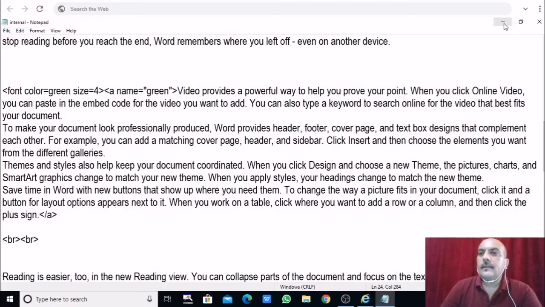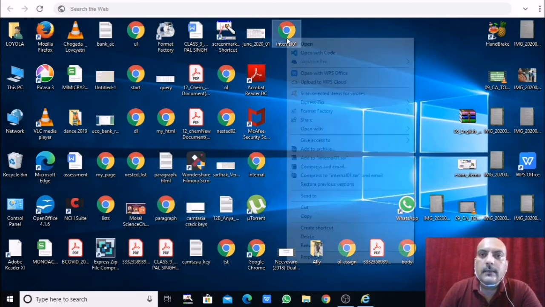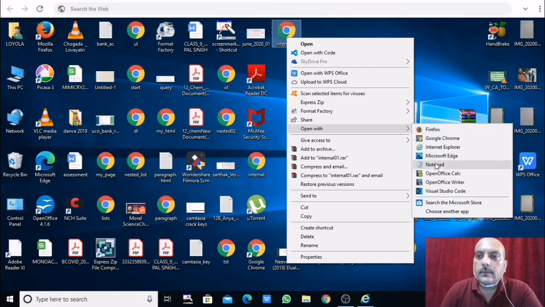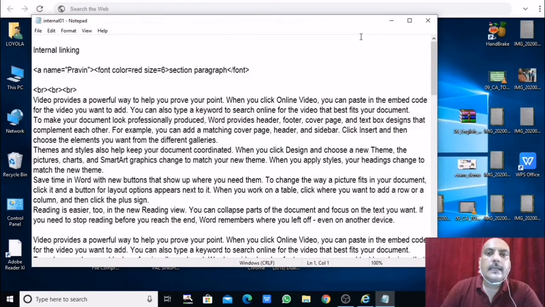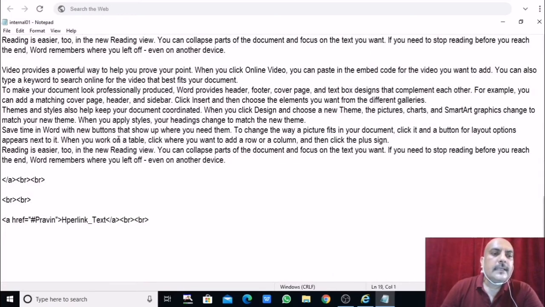So done, I have saved it, and then open your next file, that is internal1. Open with Notepad. Here it is. Now here just write the text wherever you want to.